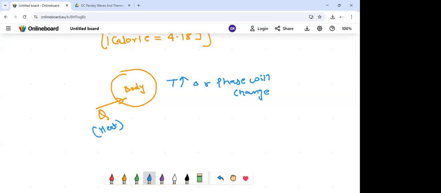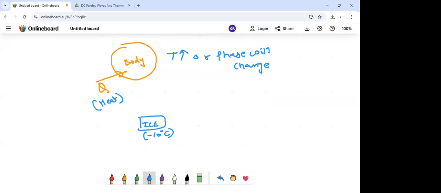Now, guys, just think about it. If we have ice, right now you don't know anything, but obviously common sense is there, so we can answer based on that. You have ice at -10 degrees and you start giving heat to it. What will happen? The ice will immediately start melting, or it will first rise up to a certain temperature, then it will melt. Sir, it will first rise up to 0 degrees Celsius and then melt. Yes, it will rise to a temperature which at a normal pressure we call the melting point